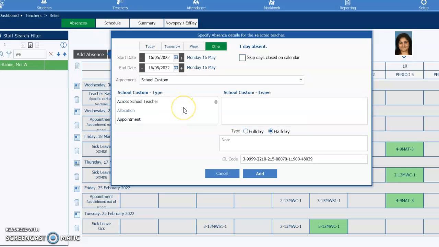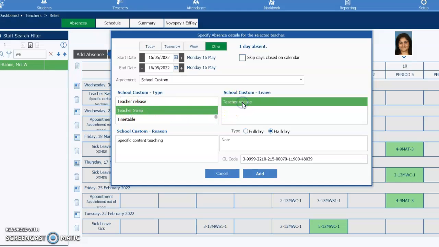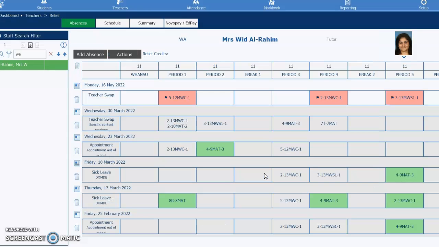We're then going to scroll down and click on Teacher Swap, Teacher Release, Half Day, and click on Add. We deselect out these 2 periods, go to Schedule,